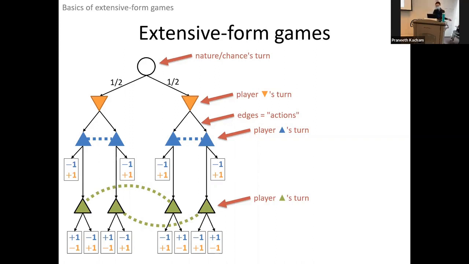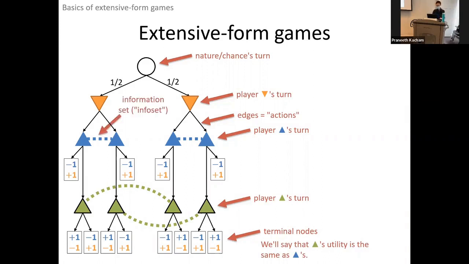After the game ends, we have reached a terminal node. At terminal nodes, all players get a utility. In this case, I'm not listing green's utility because in this particular game, I will take green's utility to be the same as blue's utility. This is a team game. Blue and green are on the same team. They get the same utility. Orange is playing against them. This is a zero-sum game.